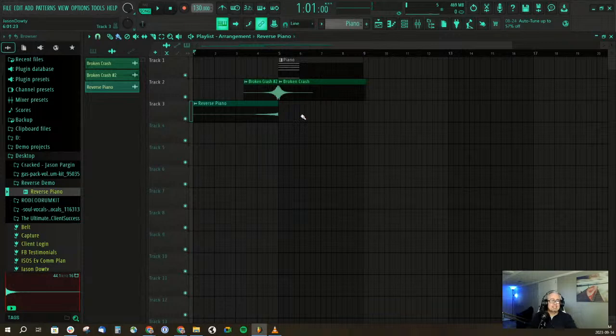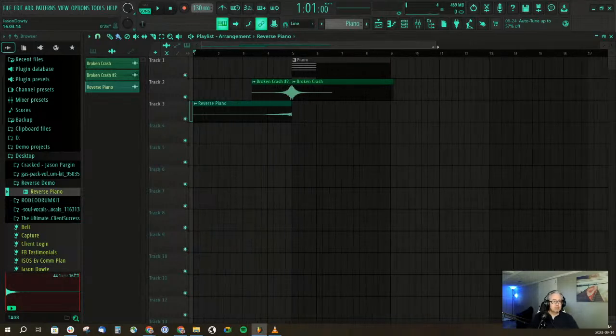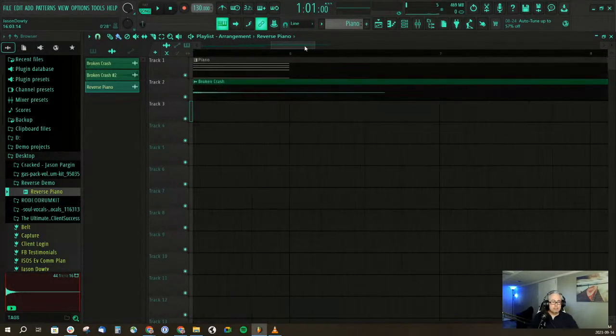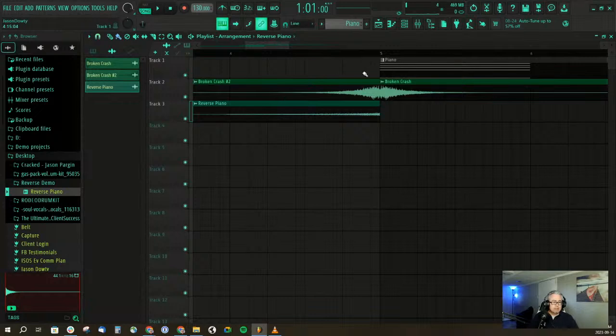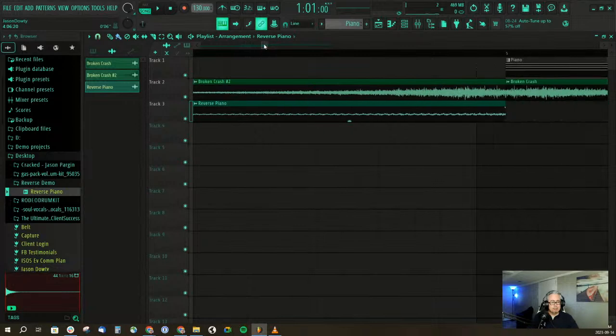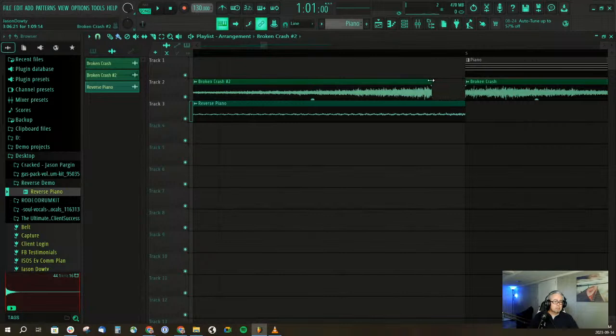There we go. The crash is doing something funny. So I'm going to do a little something different with the crash. You can see from the waveform that it does a dip, right? So this is the highest point of the crash, and then it dips down here, and then it hits the highest point of the crash again. So I'm just going to drag this over a little bit. So at the highest point of the crash, when it has the most transients, it's going to go into the next part,